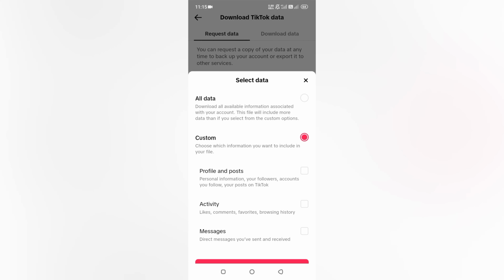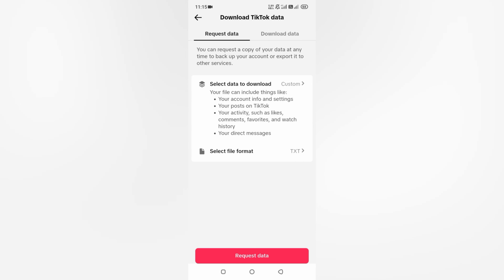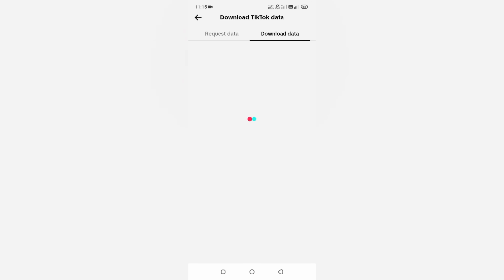On the screen you can see in the custom: profile and photos. Second one is activity and third one is messages. For example, I want to download just messages. Simply tap messages and tap done. Now your request has been sent and within 2 to 3 days your data will be available here